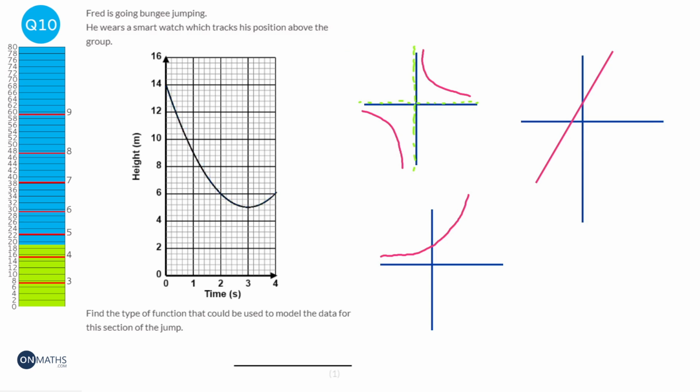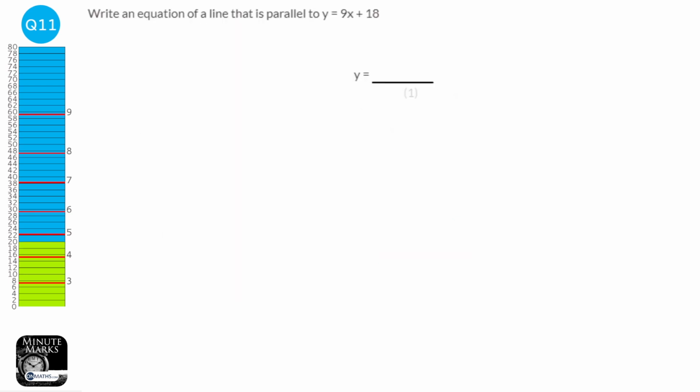It could also be a cubic graph as well. So it could go up and then down and then up, and that's a cubic graph. But the most obvious one is a quadratic graph. So quadratic function. The formula y equals mx plus c